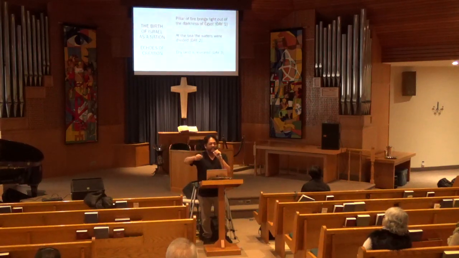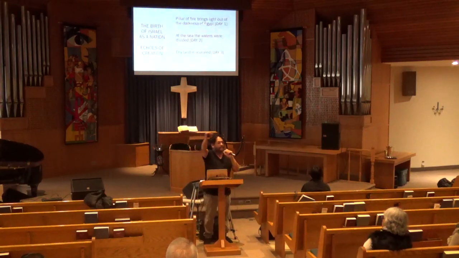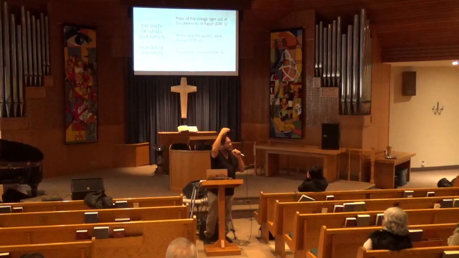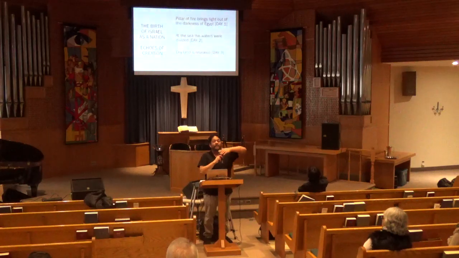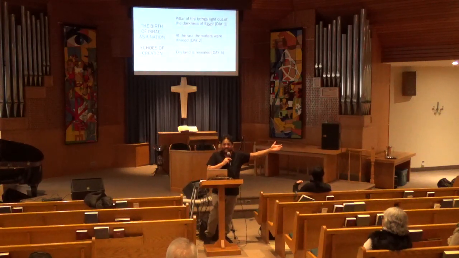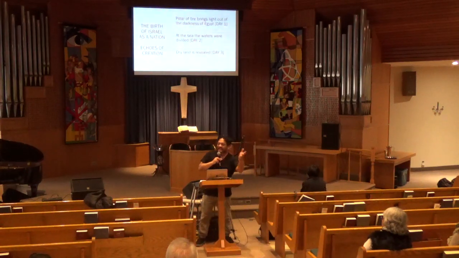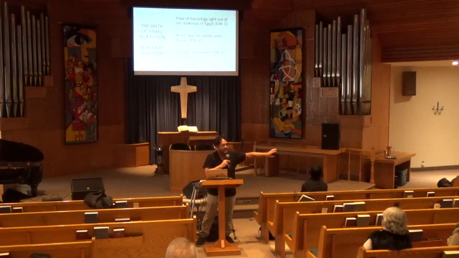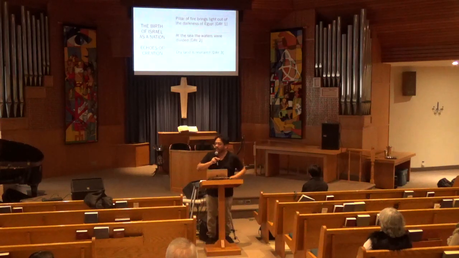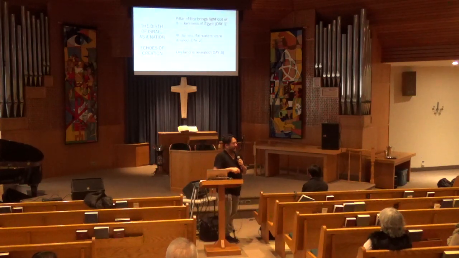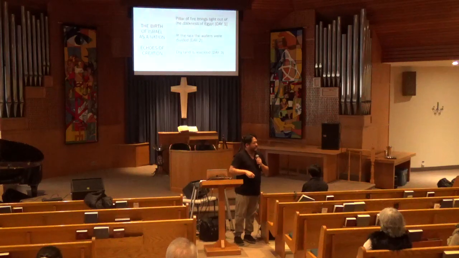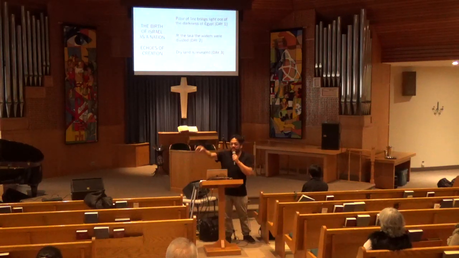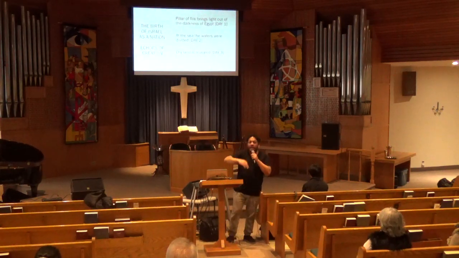How did God lead the Israelites out of Egypt? His presence would go before them in a pillar of cloud by day and a pillar of fire by night, and it was a guiding light that led them out of the darkness of Egypt, separating the light from the darkness, walking in this light out of the darkness. Day one of creation. All right? What happened on the second day of creation? He put a firmament separating the waters above from the waters below.